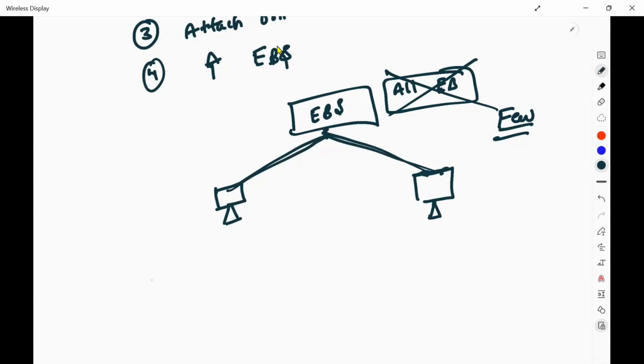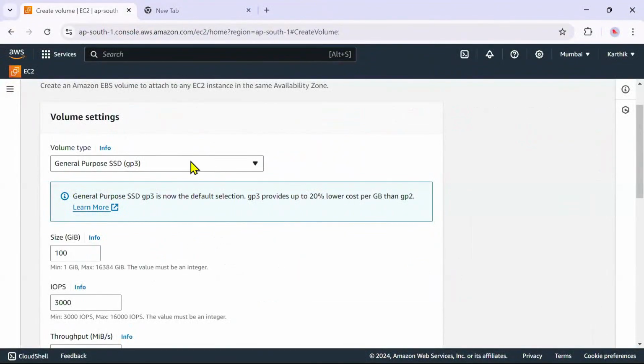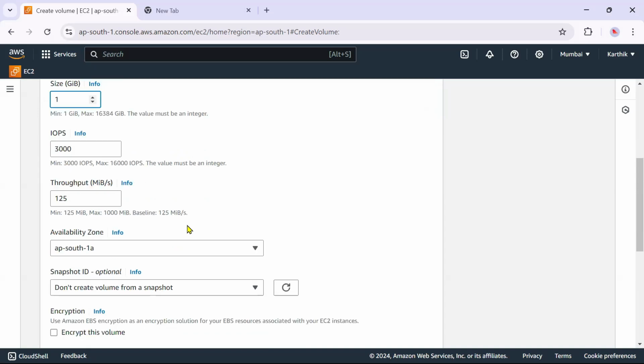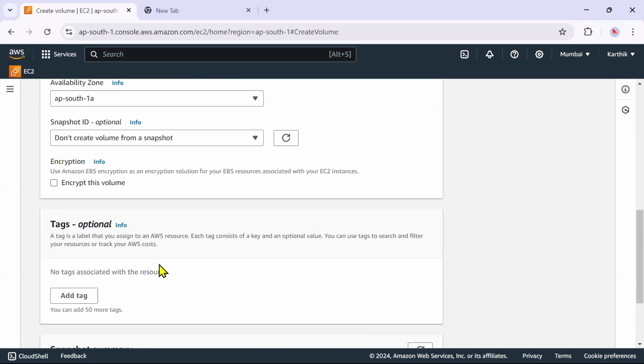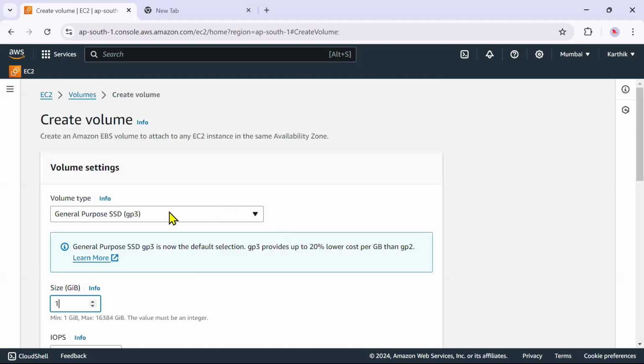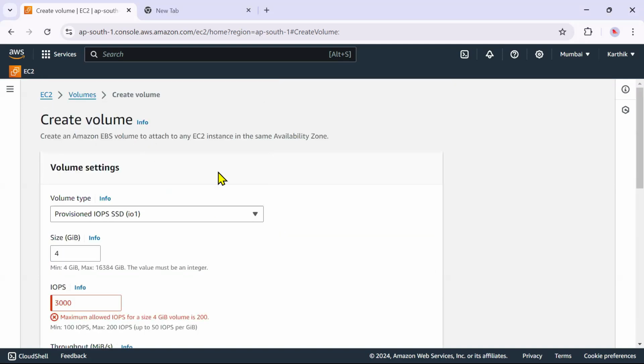We have different types, right? HDD, that is GP1, GP2, IO1, IO2, magnetic disk, these things. First we'll look at GP1, general purpose. I'm creating just 1 GB. See, there is no option of attaching this to multiple EC2 instances. But if you look at provisioned IO1 or IO2,